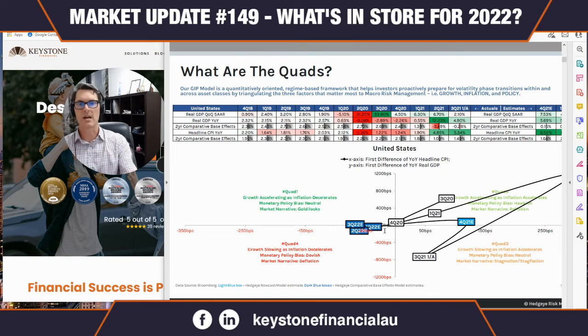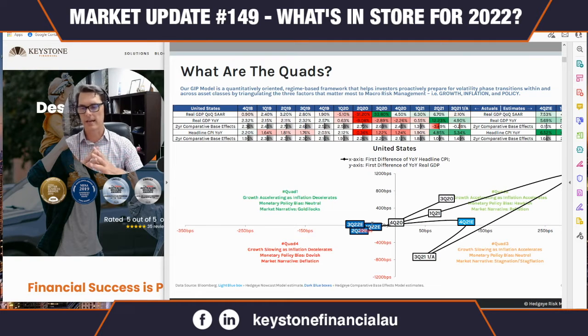But we're right on that line, and that means that we're going to have some days, and we've had them in the past week or 10 days, where it's been sort of a quad 4 day where the market is anticipating that. And then we've had some great rebounds where you could argue that's a quad 1 day. But of course, what we're looking for is what's the trend going to be? Because that's how you make money: by getting your portfolio set up and then sticking with a certain asset allocation, ensuring that you try to capture as much of that as possible.